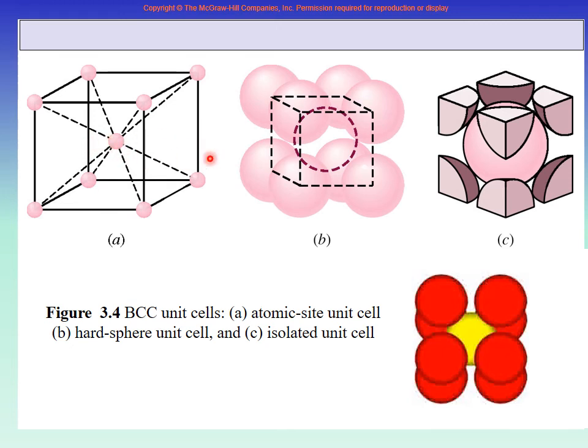But when we force one atom in the middle, then it pushes all of them out a little. It pushes all of them out. So now we are showing them almost touching, right? Almost touching. But the top and the bottom cannot touch anymore. Of course, this corner and this one touches. This corner and the middle one touches. So the center one touches all of them. So how many does the center one touch? 4 at the top, 4 at the bottom. So one atom touches 8 other atoms. So the coordination number is 8.